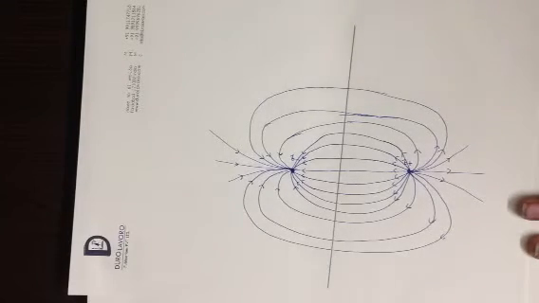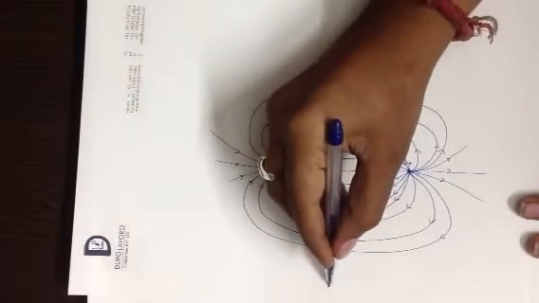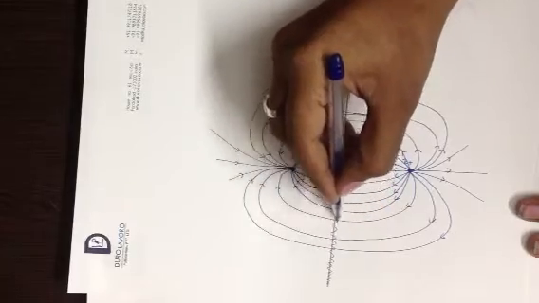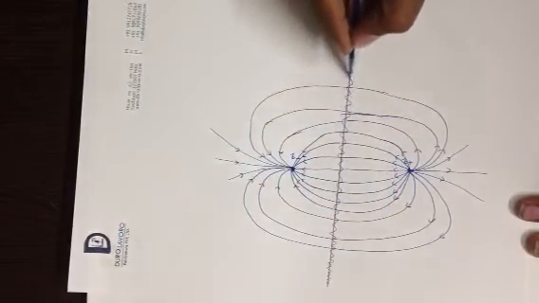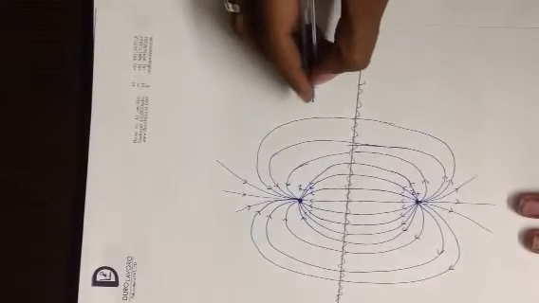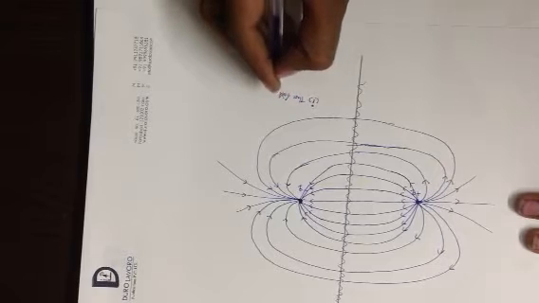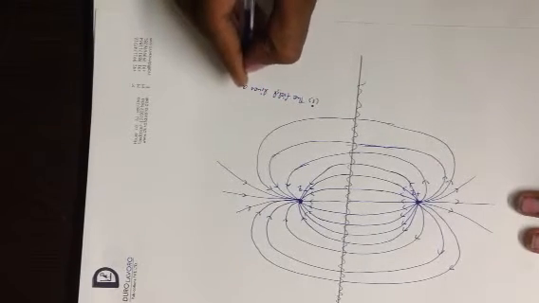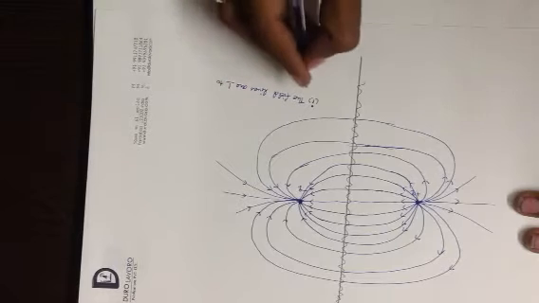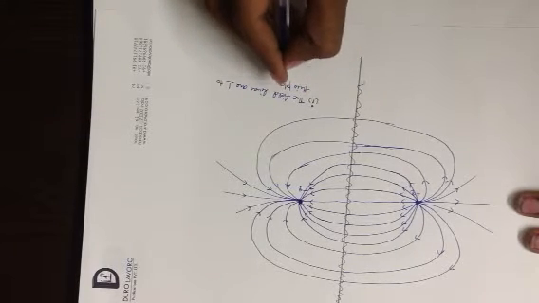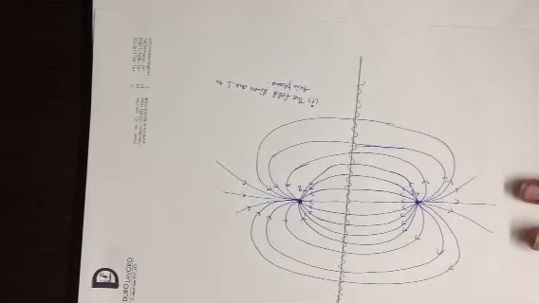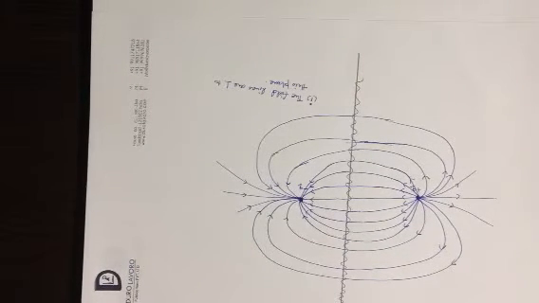Now let us discuss what happens at this particular plane. What is this plane all about? The very first property of the electric field line at this plane is that the field lines are perpendicular to this plane. This can be proved very easily. How come? See, for example, what I do is,